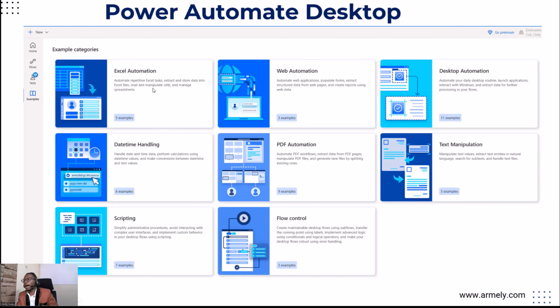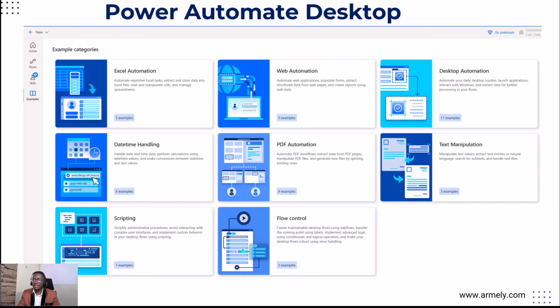There's web automation, where you can automate web applications, populate forms, extract structured data from web pages, and even create reports using web data. Another category is desktop automation, where you can launch applications, interact with Windows, and extract data for further processing.